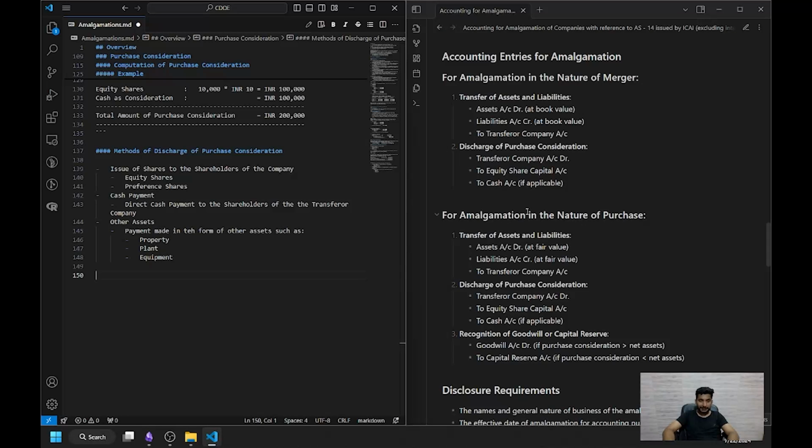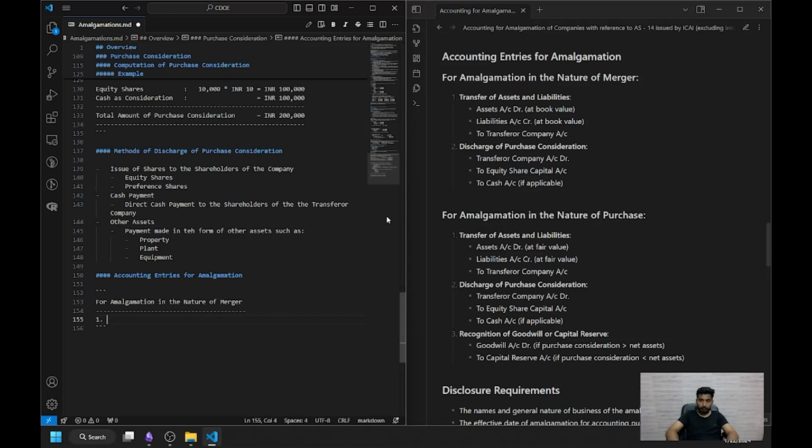In this video, we will be discussing the accounting entries for amalgamation. When we talk about the accounting entries, we are going to look at which account is going to be debited, which account is going to be credited, and what is the net effect. So basically, for amalgamation in the nature of merger, the accounting entries will follow as